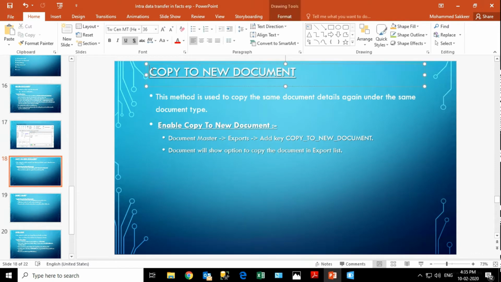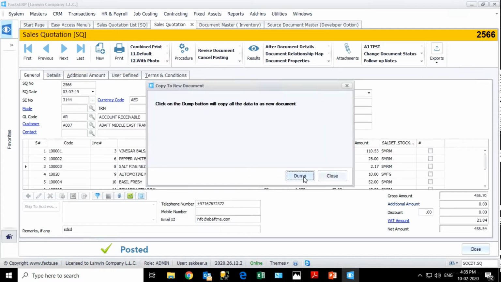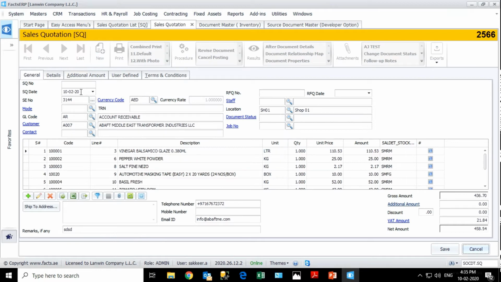The next one is copy to new document. By default, in every document we are putting this option, copy to new document. It is coming under exports. If you click this, a copy of the same document will be created, but it is not in the saved stage. A new document number will be created and if you save this, the same data will be saved.